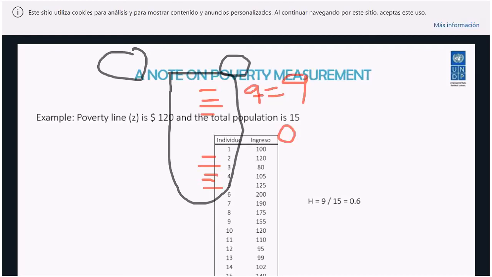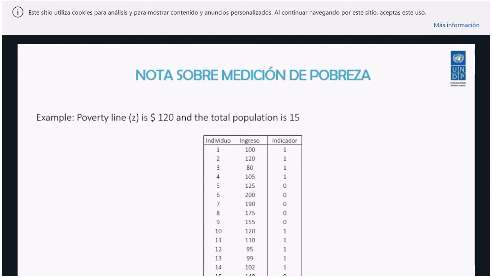Another possibility, which is very straightforward and very intuitive, especially when you are dealing with many dimensions of poverty. Now we are illustrating the case for income-based poverty, which is the unidimensional approach. But we all agree that poverty is a multidimensional problem, etc. So if we are measuring multidimensional poverty, we will have first in the rows households and individuals, as in this example, right?